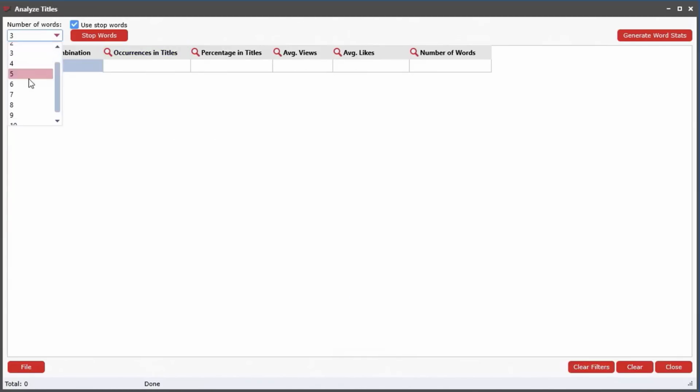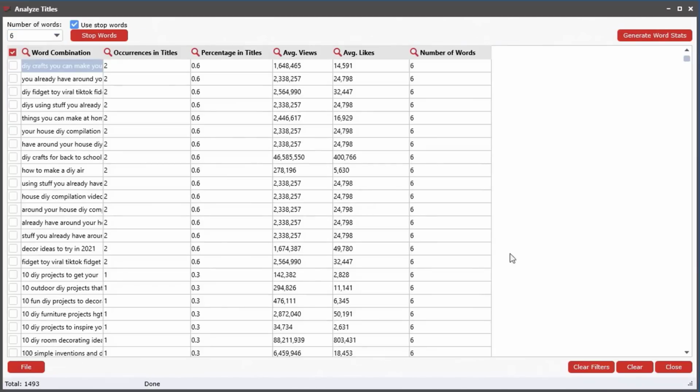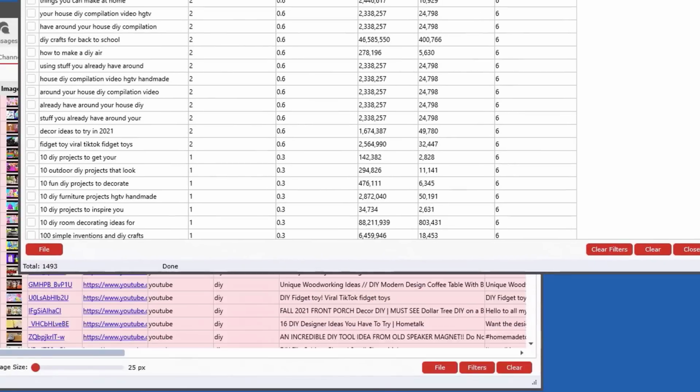And let's say we want to look at like 6 words. Obviously, the more words you select, the less likely they're going to occur. So this only occurred 2 times. So that's pretty cool. And again, like the other tools, you do have the options to save everything you want